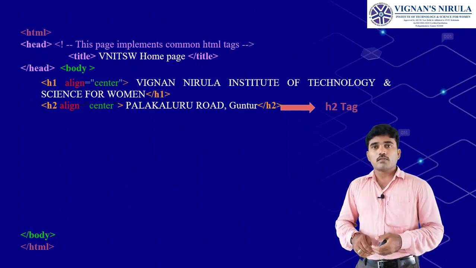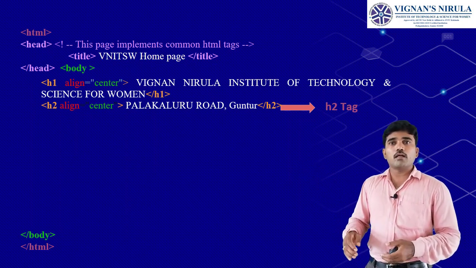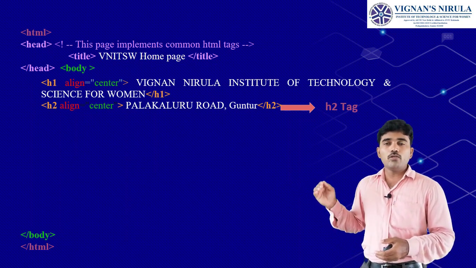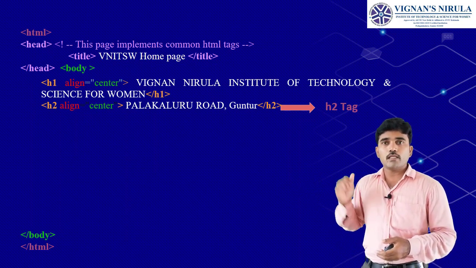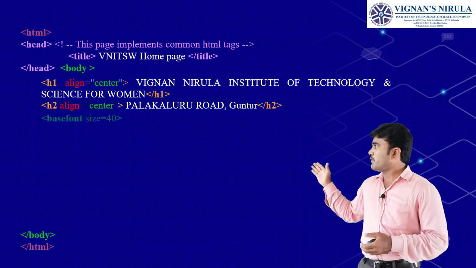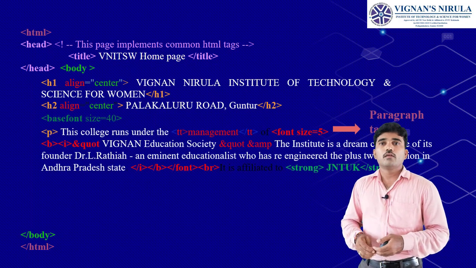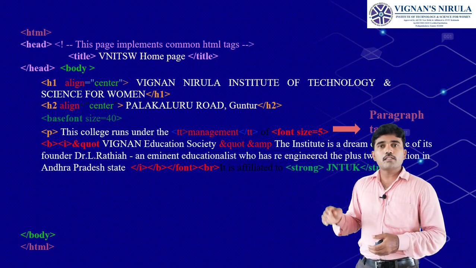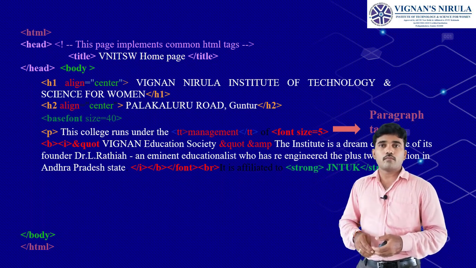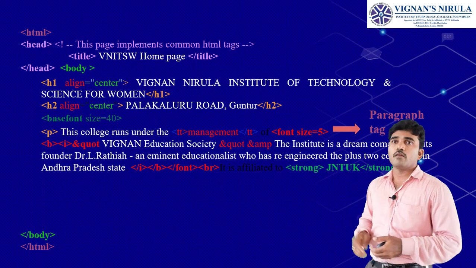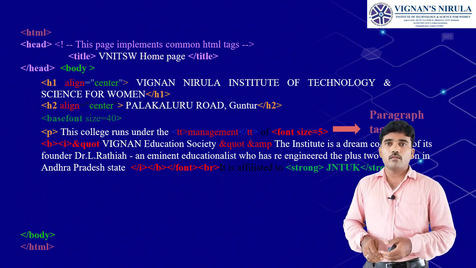And now, followed by the content that I have, if I want to use a basic font, for that reason here I have used the basefont tag. What is its size? The size is 40. After that basefont, see there I have used P, where P stands for the paragraph tag.